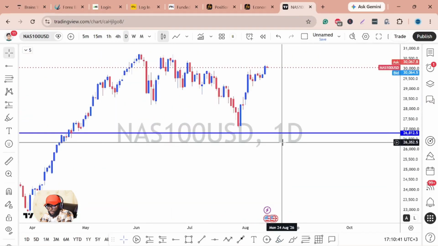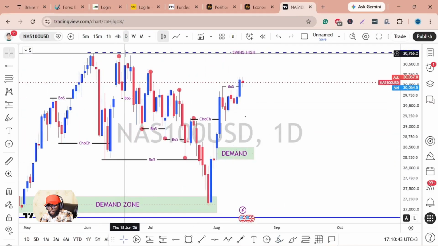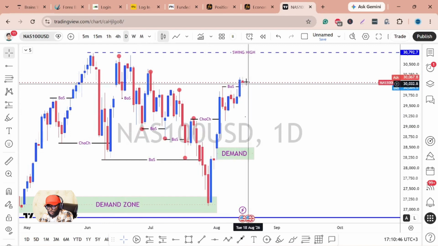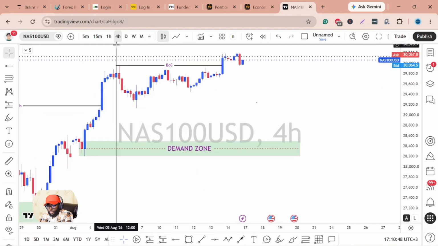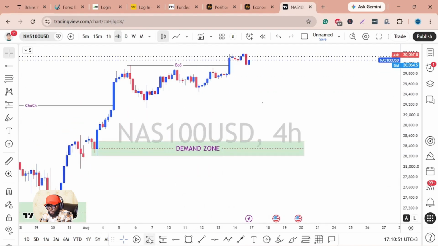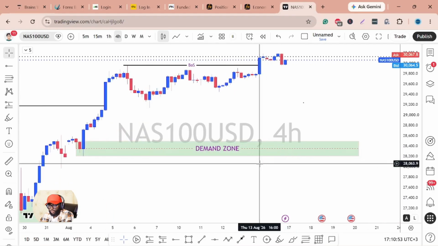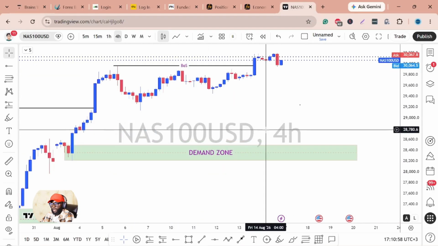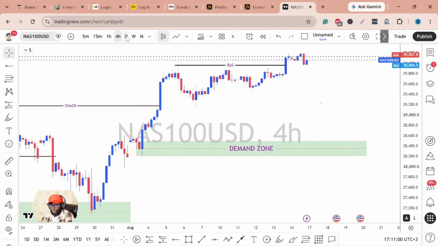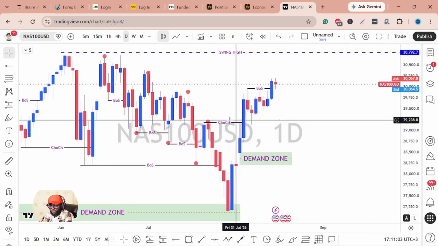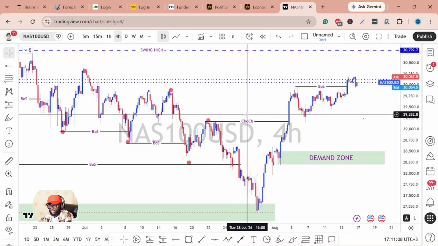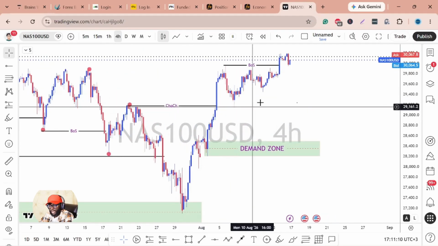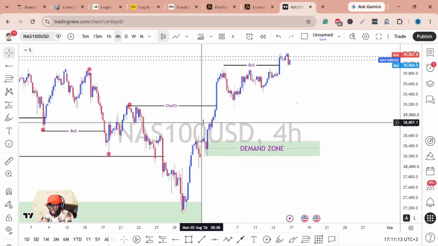So from the daily time frame context, a very bullish price action, although we closed with an indecision candlestick. Now going down to the immediate time frame, which is the 4-hour time frame context, you can see that we had our last break of structure over here. Now you have to reckon that once we had this change of character from the daily, or rather even from the 4-hour time frame context, price has never pulled back. So we've not had any pullback ever since we had this change of character.